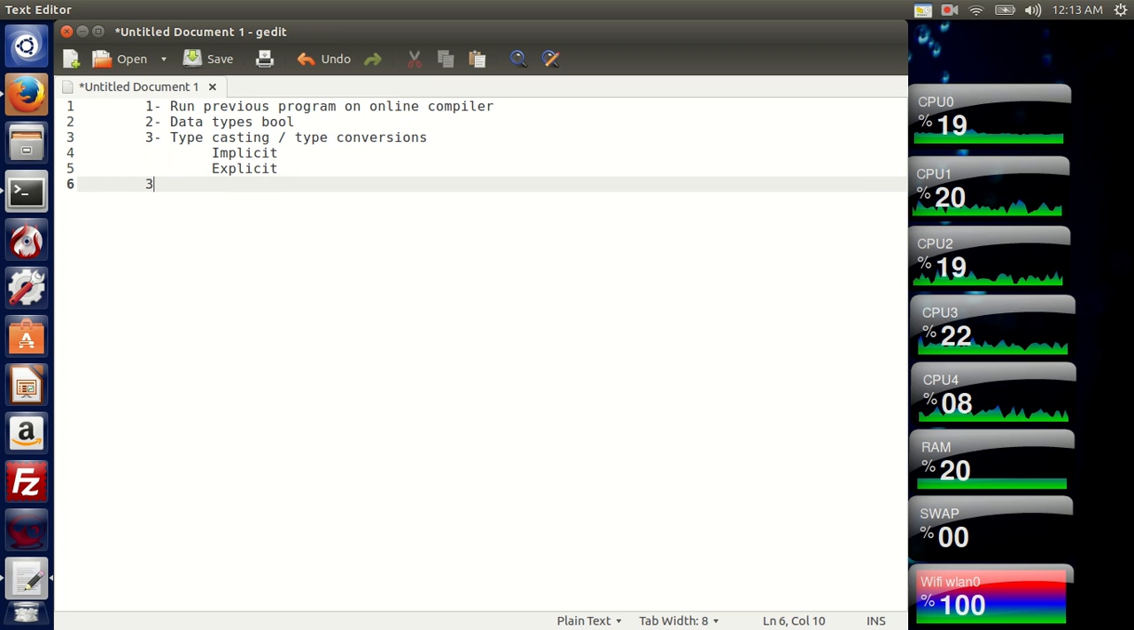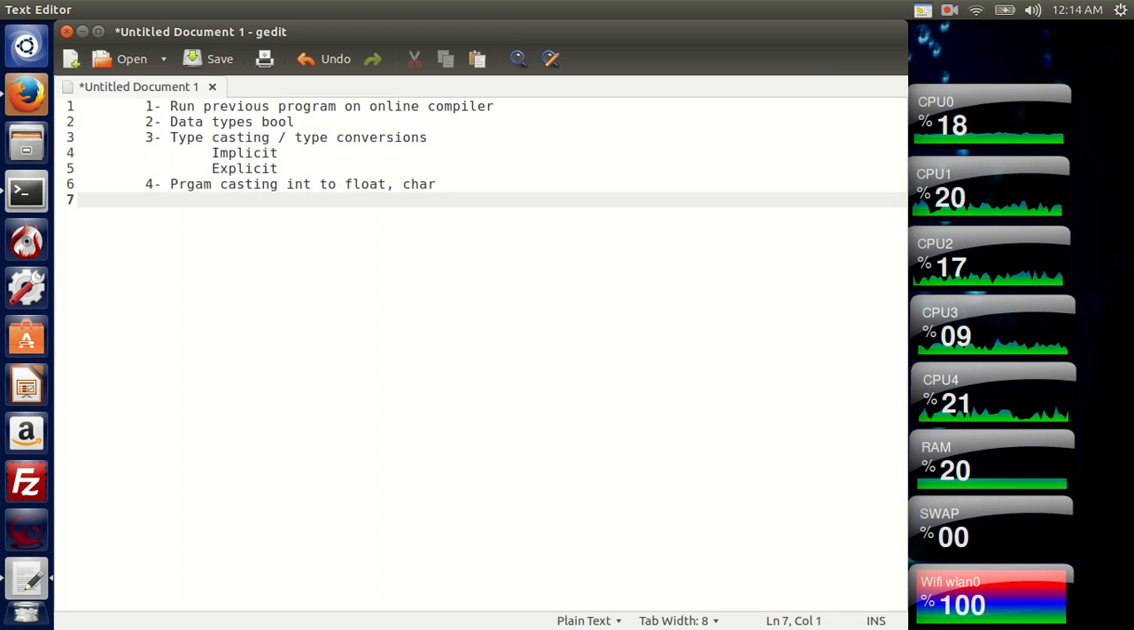We're gonna run a program on casting and converting integers to float to integer, and character also. And how can I type a character with its hexadecimal value, decimal value, binary value? We're gonna also take a program on